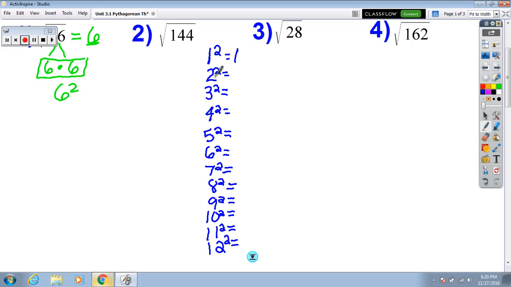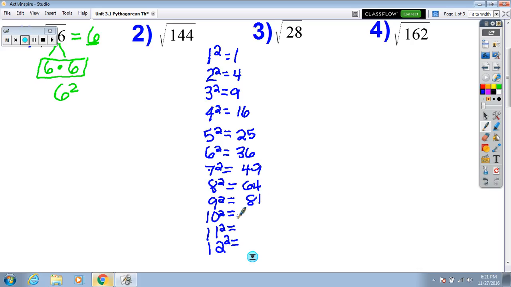We'll do the same for 2. 2 squared is the same thing as 2 times 2, which is 4. And we'll go down the list, continue with the pattern. 3 times 3 is 9. 4 times 4 is 16. 5 times 5, 25. 6 times 6, 36. 7 times 7, 49. 8 times 8, 64. 9 times 9,